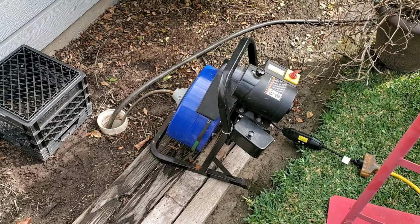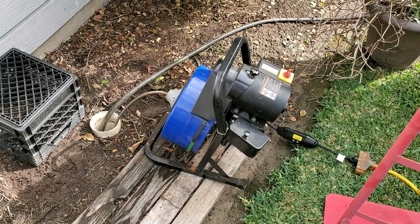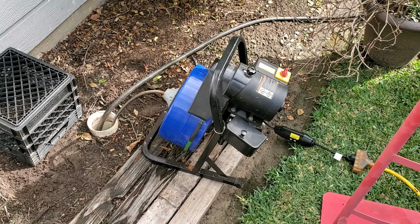So, friendly reminder, thanks to good old Harbor Freight here. Good old HYDROSTAR, that's what this is, HYDROSTAR. And I know I have these gloves on, but you always want to wear them. They used to be a freebie from Harbor Freight. I just wear the gloves because this has been through a lot of crap. Okay,